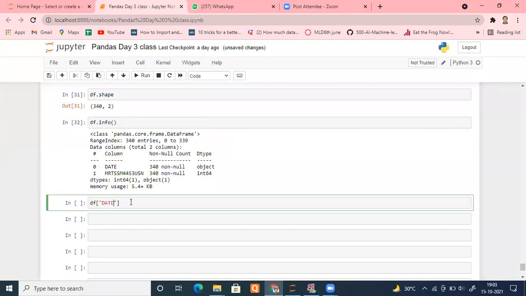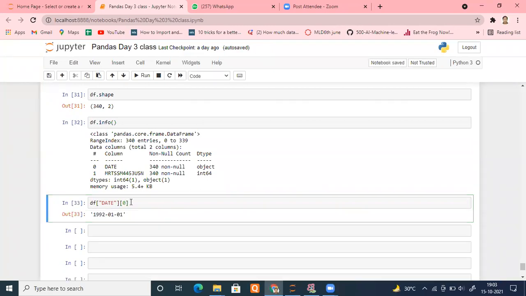Yeah. Okay. And if I put the 0th element, see, it is coming inside quotes, right? It's a string. So our first duty is what? To convert it into the date time format. This is the first requirement that we have to do.